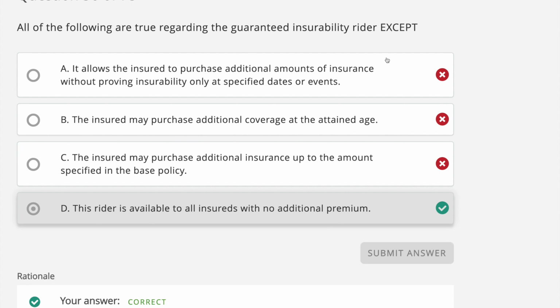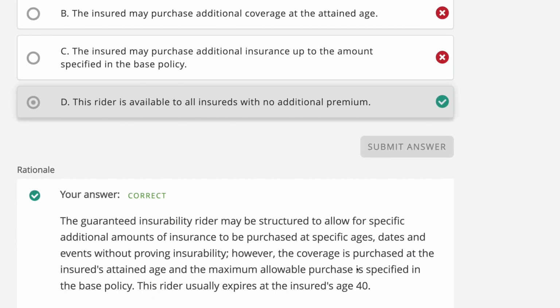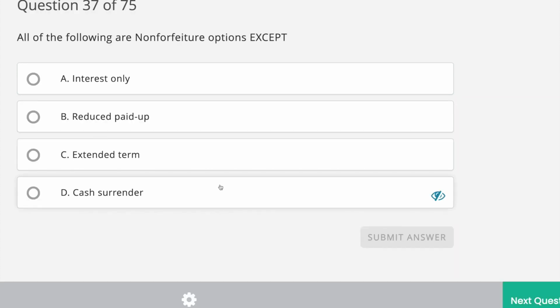So it's saying all the following are true except. Okay, there's a rationale, so you could screenshot it, and you could pause this video to screenshot it if I'm going too fast. All the following are non-forfeiture options except